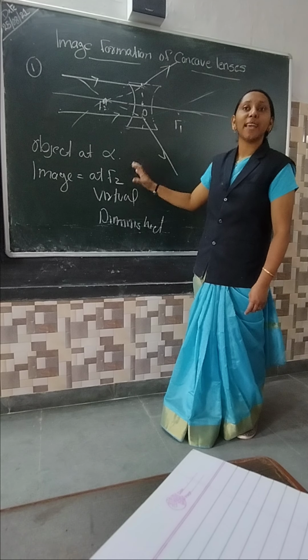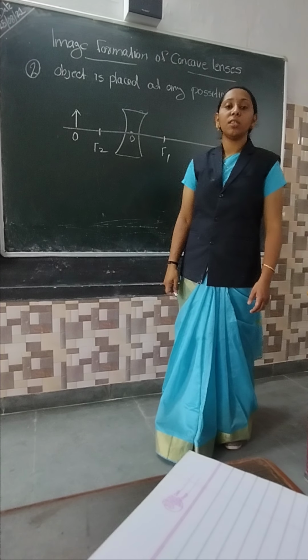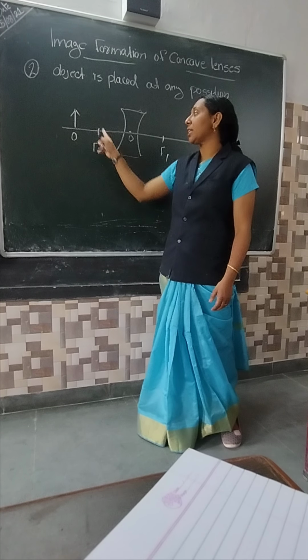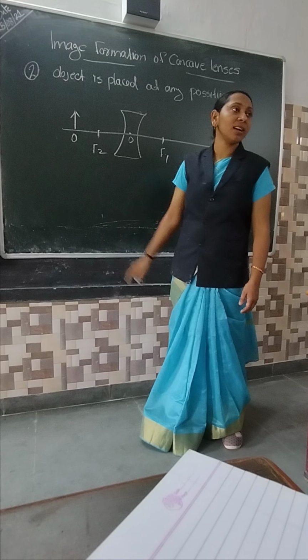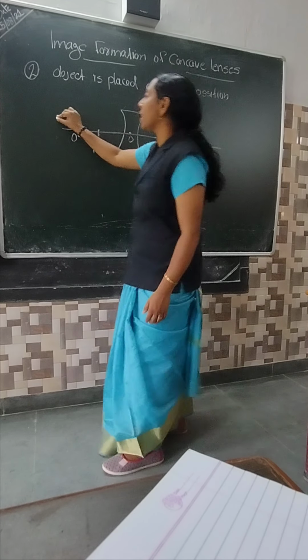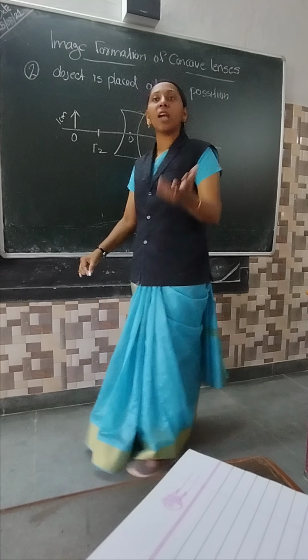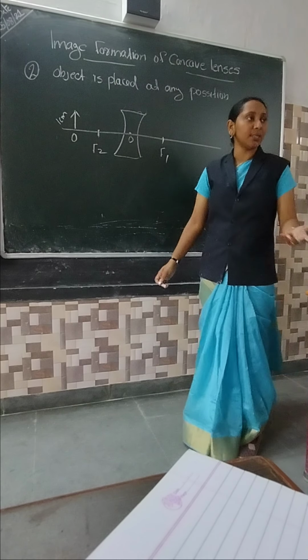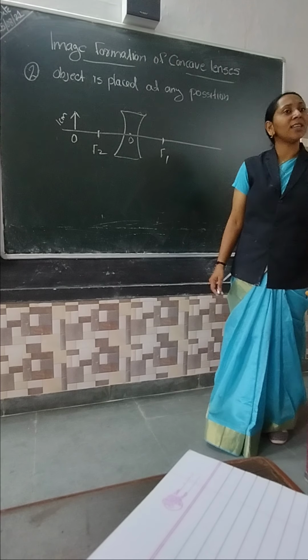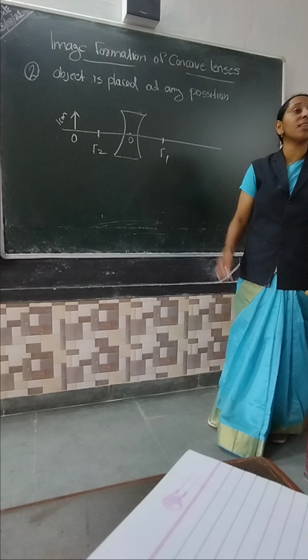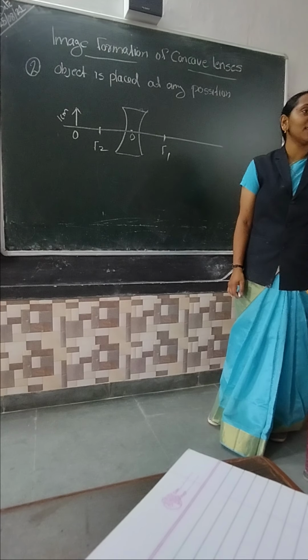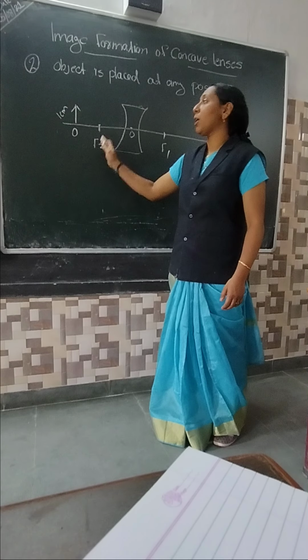F2 means secondary focus. So this is my object. The object is beyond the secondary focus. Clear everyone? The height of the object is 1 centimeter. It's not compulsory, you can choose it, but commonly we can take 1 centimeter. If we consider a large object, the image is also that much larger. That's why. So this is my object beyond F2.